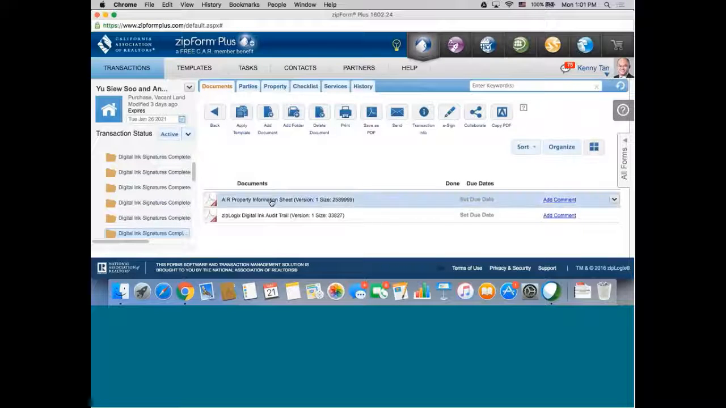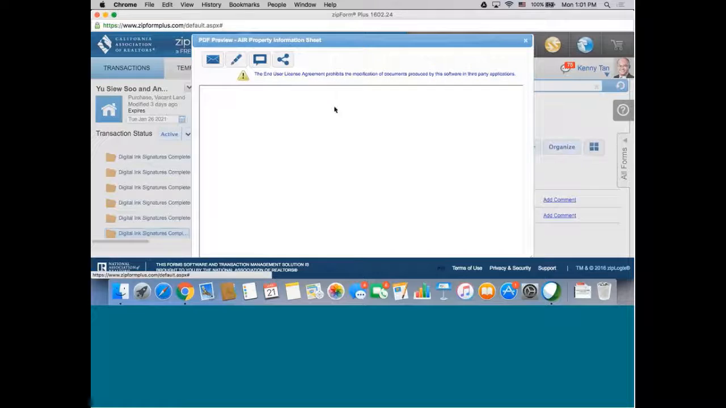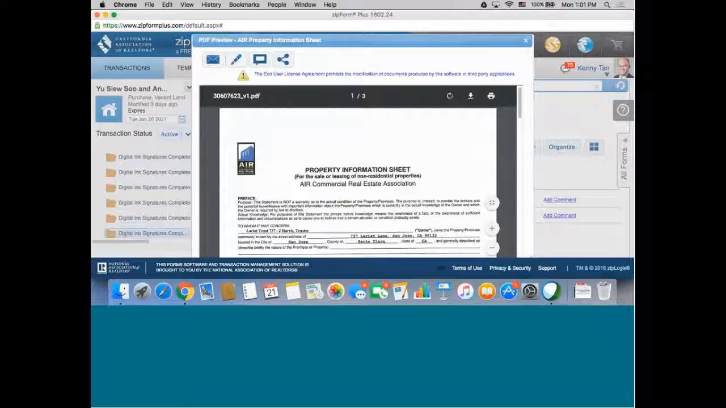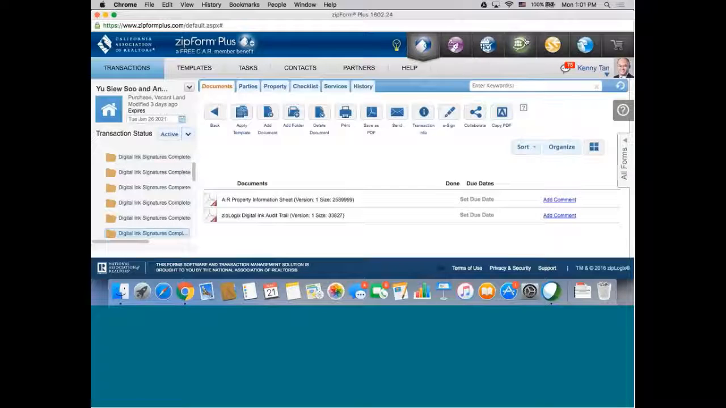This is actually an AIR form. This is pretty much mandatory for commercial transactions. It's called the property information sheet. This is what we use for commercial disclosure. So this is one that we use. This is mandatory for commercial, the property information sheet. She did not have the form, so I actually generated the form for her to fill out. And then we email it to the seller to complete, okay? Yeah, all right? All right, so that is